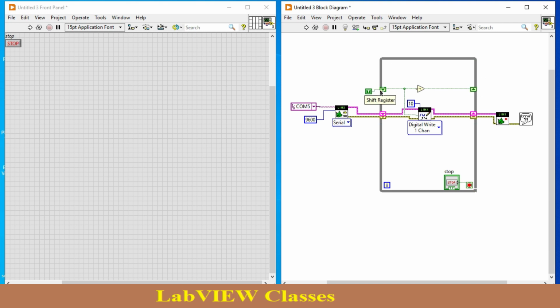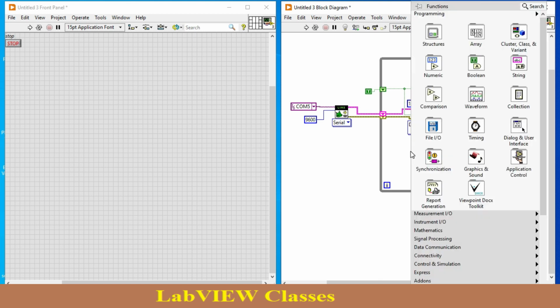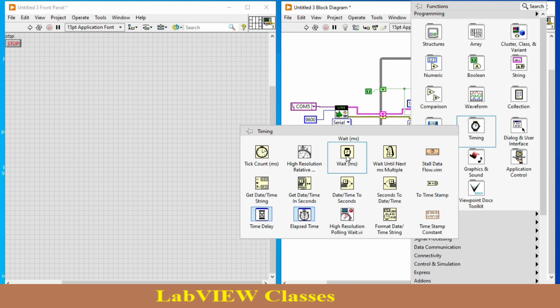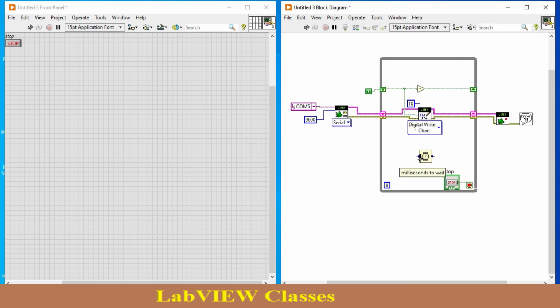Iteration, it will automatically be false. And how? I just put a delay over here. Otherwise, it is not possible for us to see it because it is very fast. So I just put, let's say, a 1 second delay inside it. So right now when I run it again,